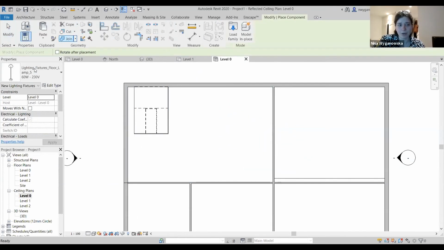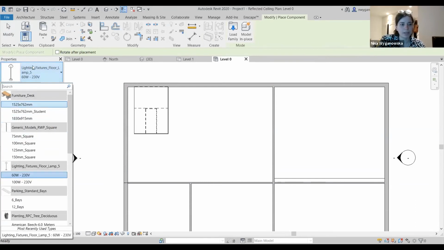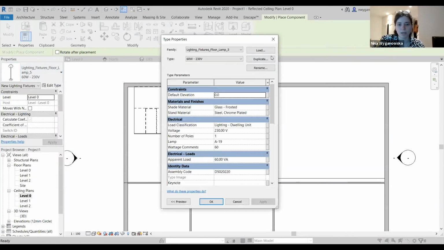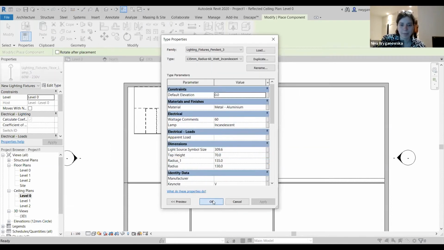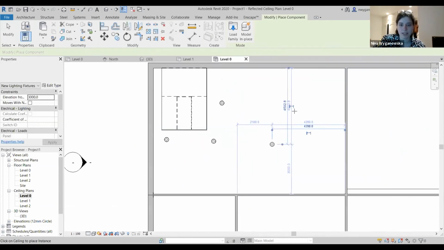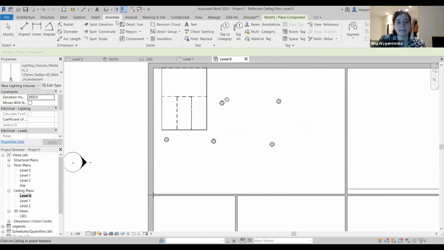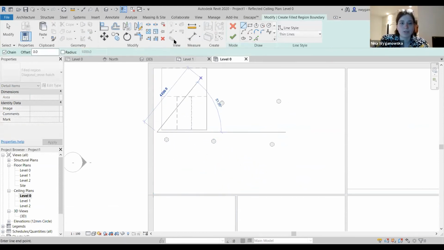And then if I do the components, that's basically all the components that you've already had in a building. There are some that are automatically uploaded, but I want my lighting to hit from the top right now. So let's just pick a lamp. And that basically allows me to drop my lamps, and you can adjust them and draw a grid if you prefer. So if you go to Annotate, there is something called regions,